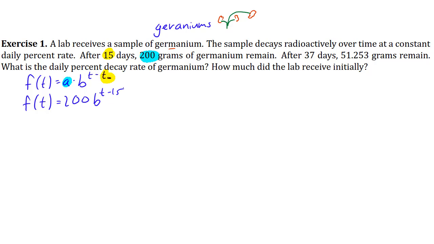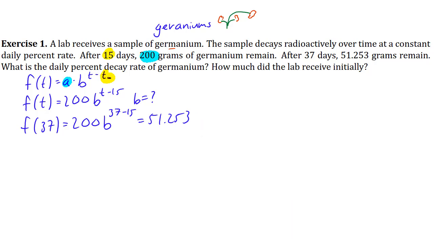But we've got to find the b. And just like before, to get the b, we can use this value of t, which is 37, and this value of the result, which is 51. So f of 37 should be 200 times b to the 37 minus 15,